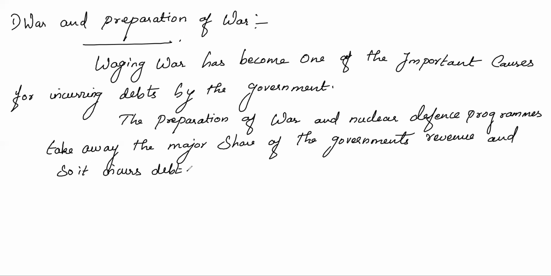Okay, that's all. So next one, social obligations. What do you mean by social obligations? Second one, social obligations. The modern states are considered welfare states, and they have to undertake social obligations like